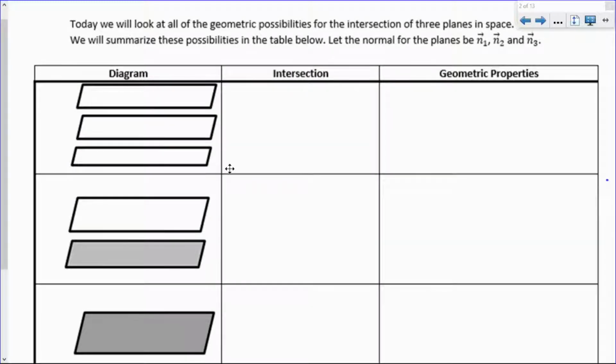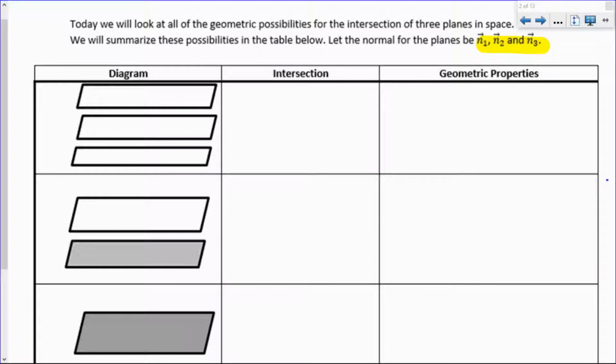Here are our first three possibilities. These are sort of the boring possibilities, I guess you might say. Now, as we work through these examples, we're going to assume that our normals are n1, n2, and n3. And we're going to talk about what kind of intersection we might see and what kind of geometric properties are associated with each picture. It's hard to draw planes, but if you look at the first example, it's clear that